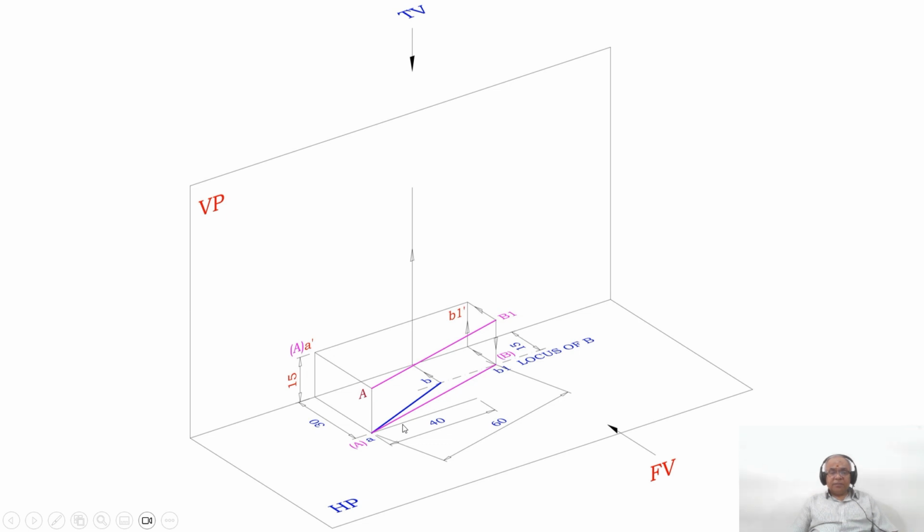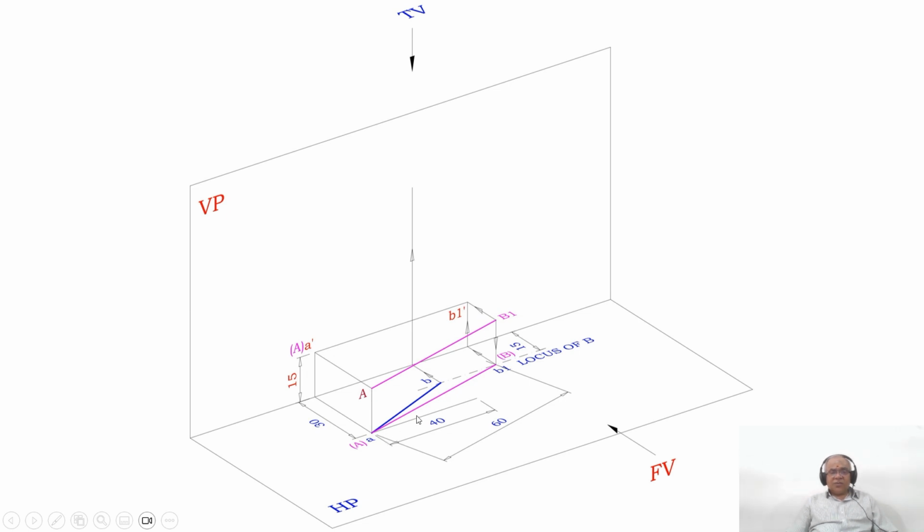That is basically because both A and B1 are above HP by 15 mm. As we look from the front view, you are projecting that point directly onto the horizontal line drawn from A dash. Both A dash and B1 dash are going to be above HP by 15 mm only,